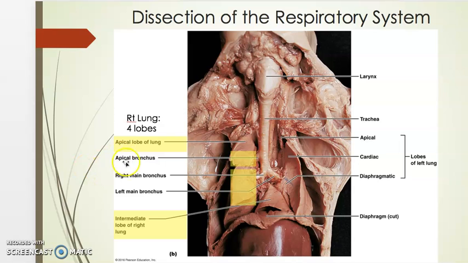So the right lung in pigs has more lobes than the left lung, and in fact they're very well named. One is the apical lobe, which is at the apex of the thoracic cavity, the top of the thoracic cavity. The next one is going to be the cardiac lobe down here, which is right alongside the cardiac organ, the heart. Then you'll